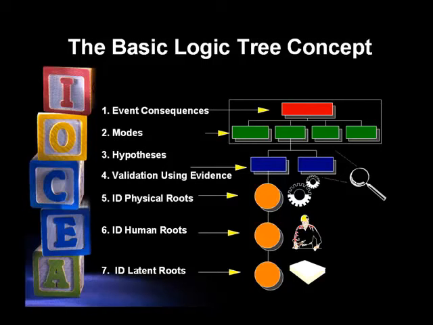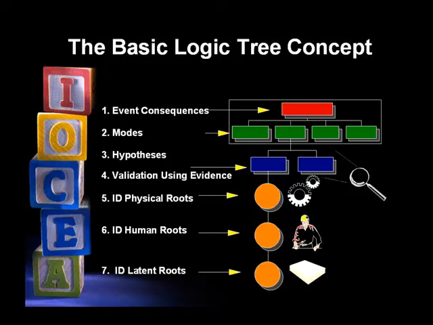When we look at what led to this undesirable outcome, we are going to identify the modes which triggered the consequences. These also are going to be factual. Now, at the mode level, we may not understand why they're occurring, but that's where we become hypothetical and we start to ask the question, how could that mode have occurred, resulting in that consequence? We are going to come up with a series of hypotheses. We're going to use our evidence collection to validate whether these hypotheses occurred or not, and we will reiterate that questioning process.